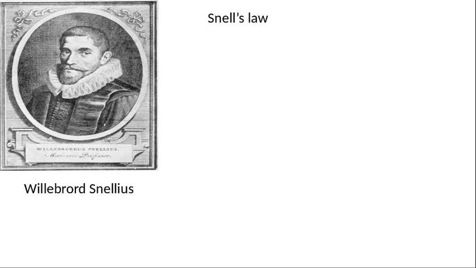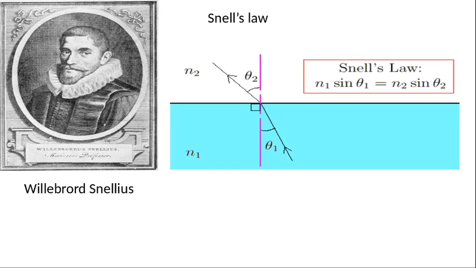Snell's Law. Snell's Law has to do with the interface between two media which have two different refractive indices. When a ray of light, you have learned it, travels from a rarer medium into a denser medium, it bends towards the normal. It bends towards the normal. So it's shown the other case. Traveling from a denser medium to a rarer medium, it bends away from the normal, and you have a relationship between the angle of incidence and the angle of refraction. So this is the relation, and